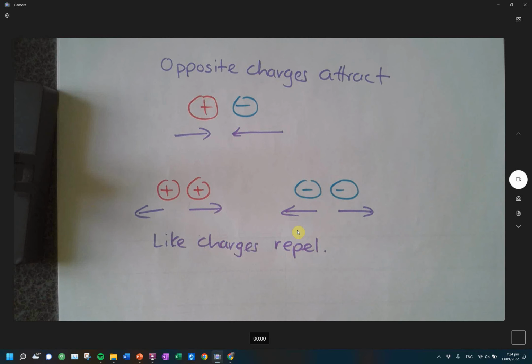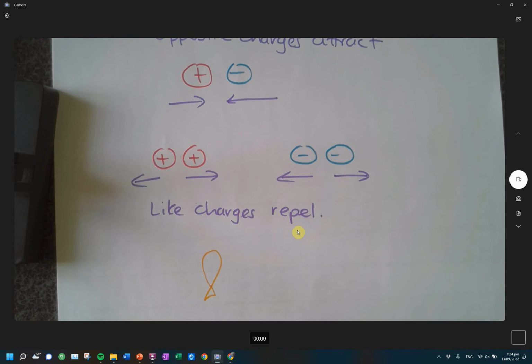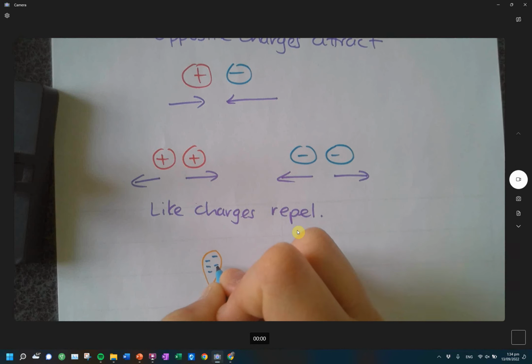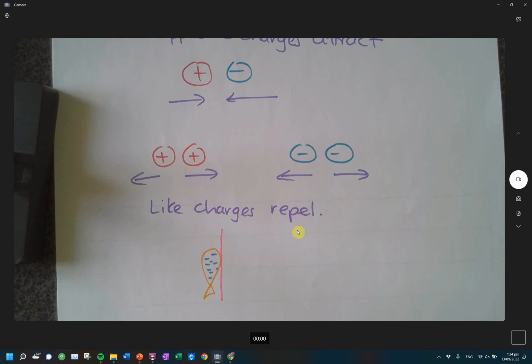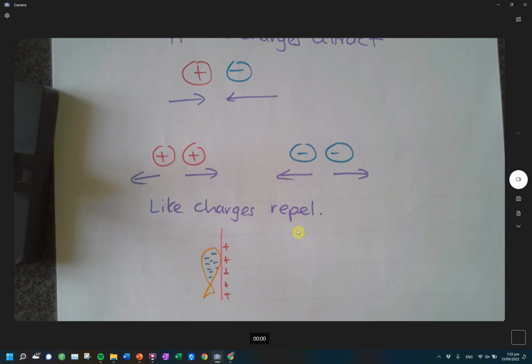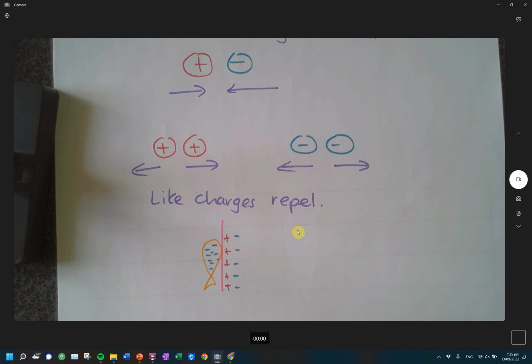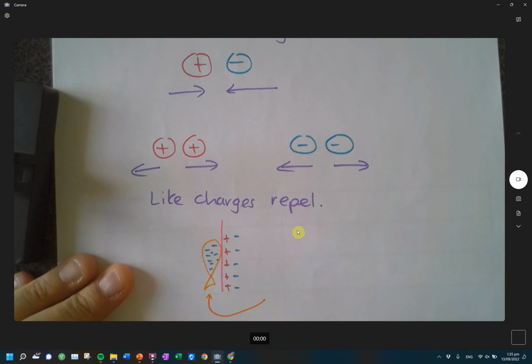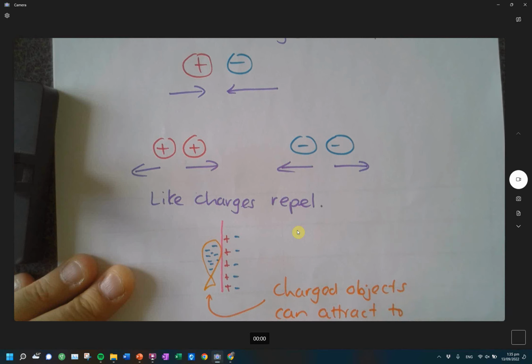And the last thing we talked about was that induction of charge. So if I have, say for example, a balloon, and I rub that balloon against some felt cloth, I've made my balloon negatively charged. Now I can have a wall. Now that wall has positive and negative charge, but what I can do is the positive charges can align in that wall because the charged object induces it. So I'll write that down as our final note of the day. So charged objects can attract to non-charged objects